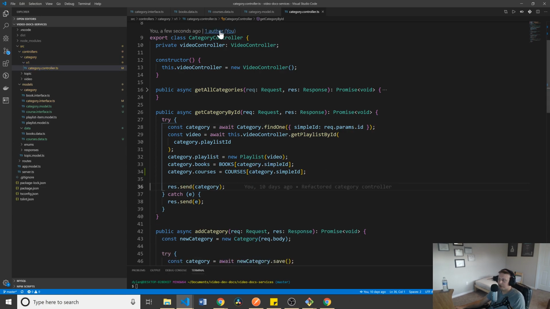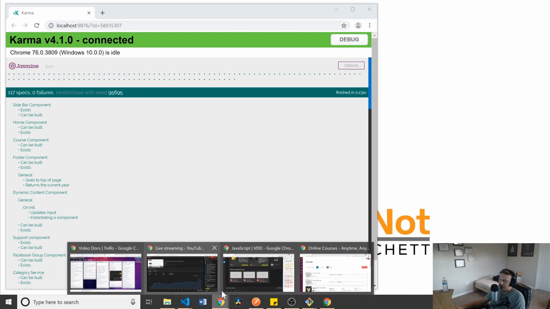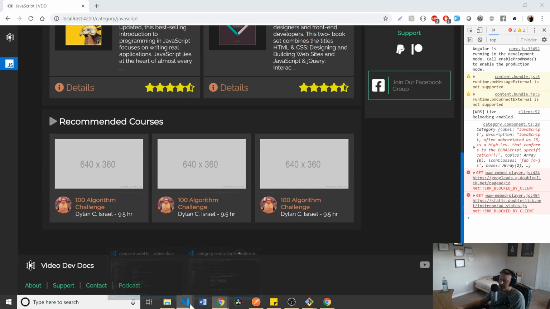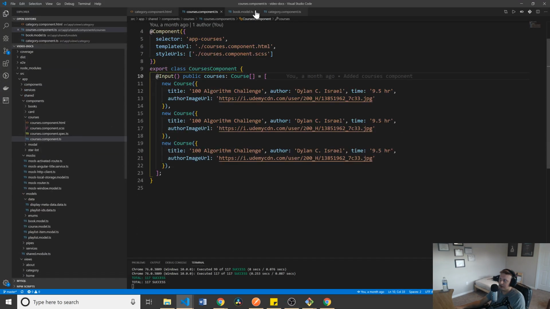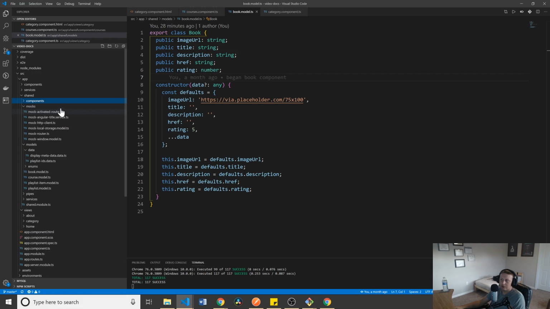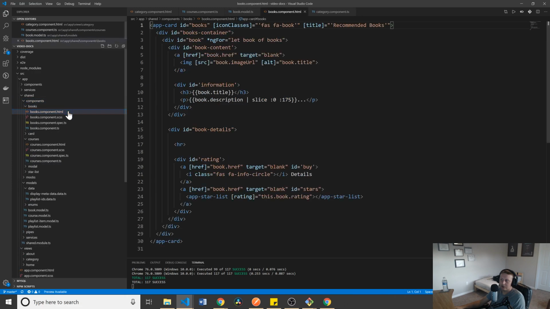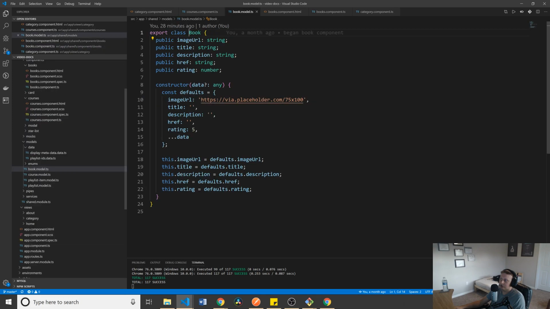All right, so there we have appended our courses. All right, so that's going through, but instead what we wanted to do, so I believe we hard-coded that. All right, so let's go to